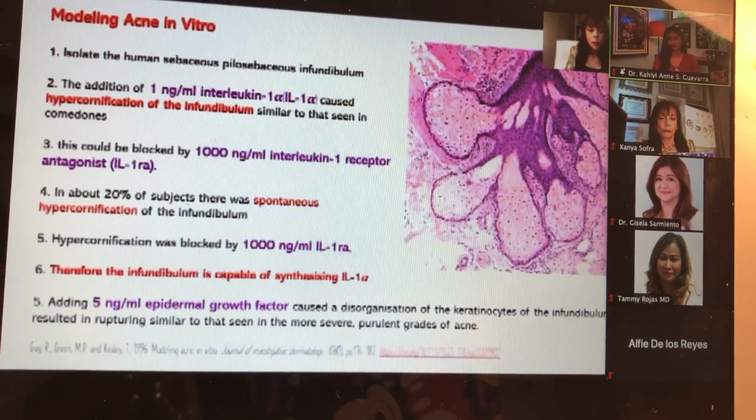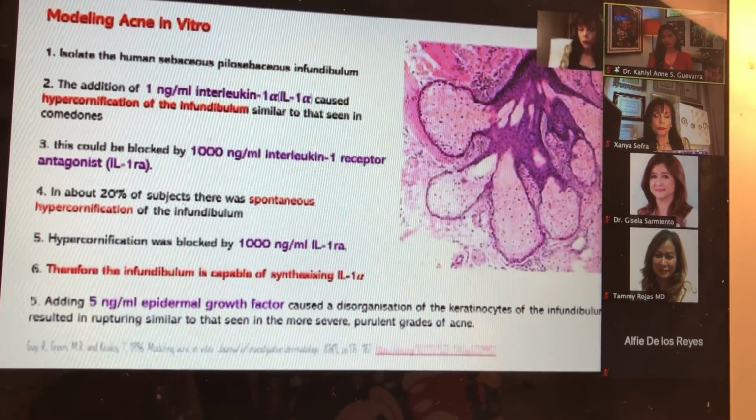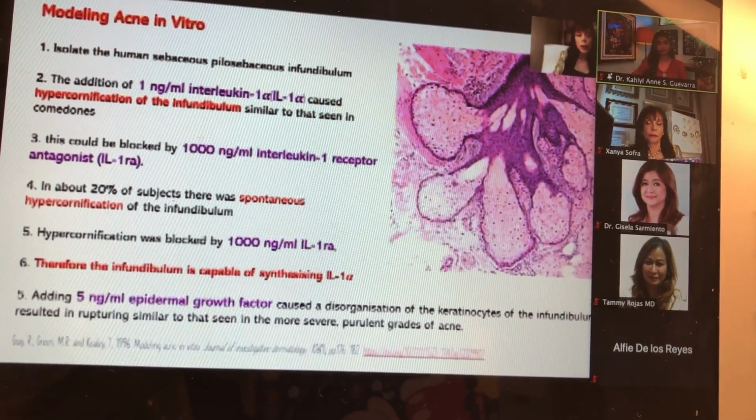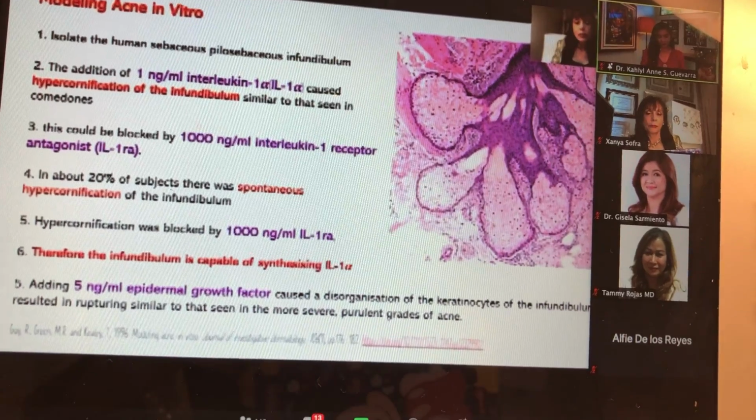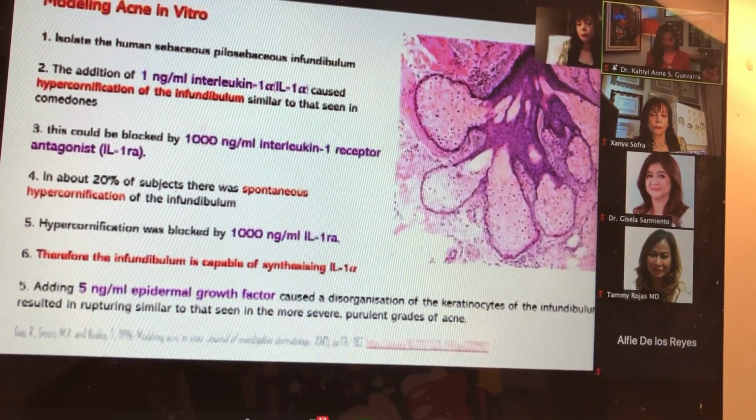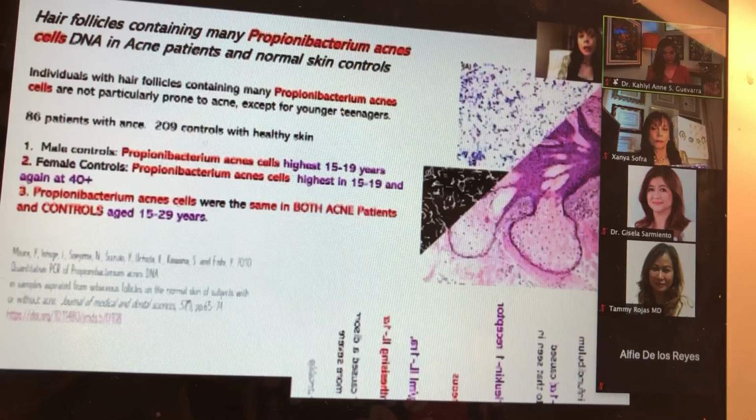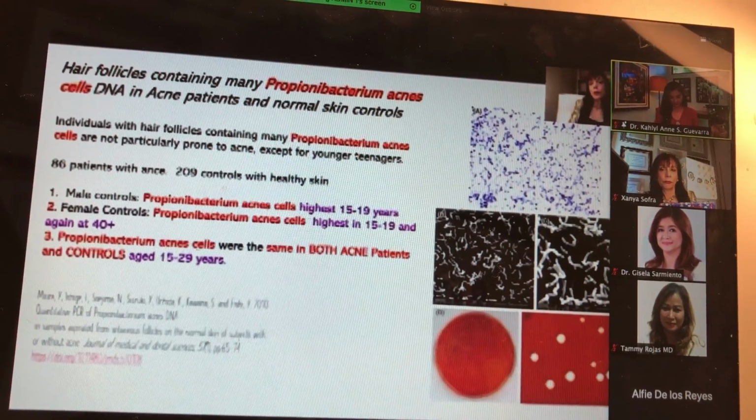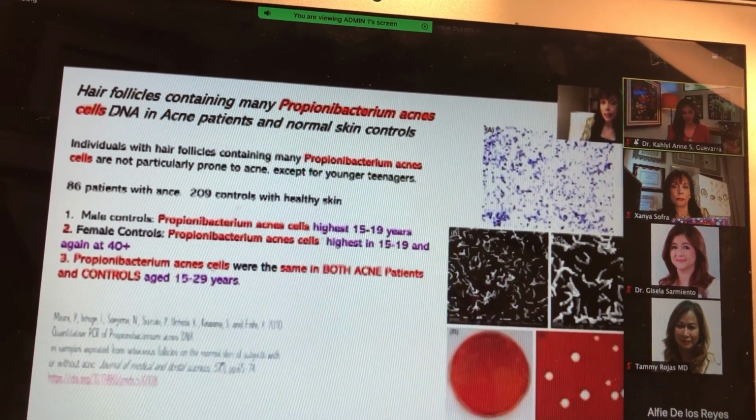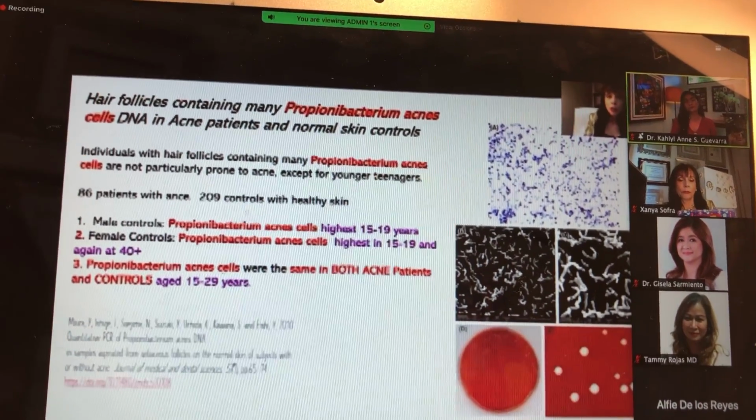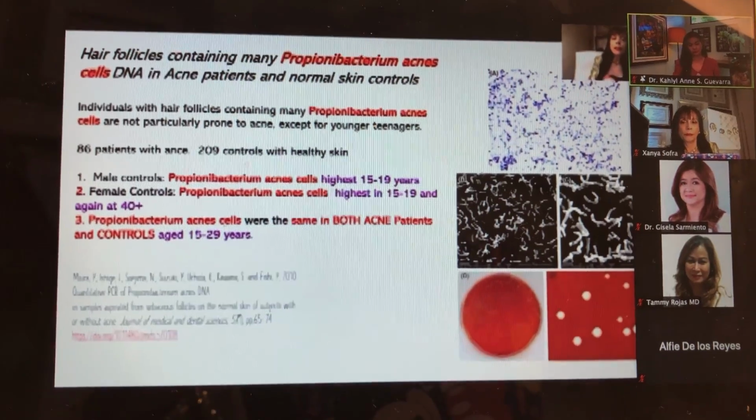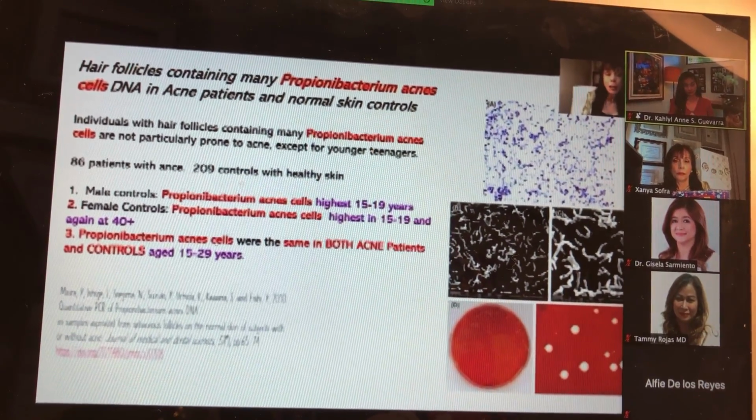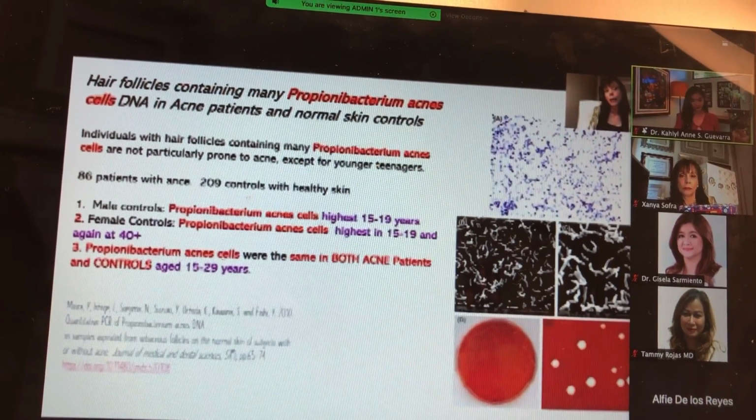Now, adding 5 ng per ml epidermal growth factor caused a disorganization of the keratinocytes of the infundibulum and resulted in rupturing, similar to that seen in more severe papulopustular grades of acne. So basically, this study found that hair follicles contain many Propionibacterium acnes cells, DNA, in acne patients, as well as normal skin controls. So basically, this study is claiming that many Propionibacterium acnes cells are not particularly prone to acne,